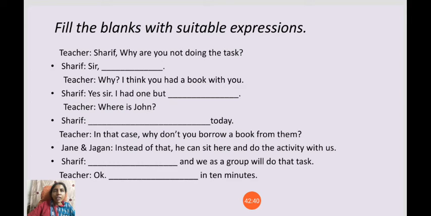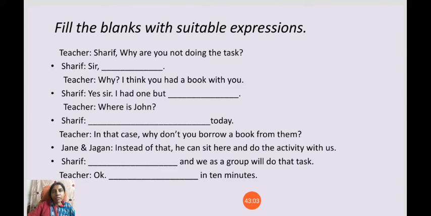Why? I think you had a book with you. So you expect the answer now. What Sharif has said: Sir, I did not have a book. The answer might be like this. So that's why. Why? I think you had a book with you. That's it. Yes, sir, I had one, but